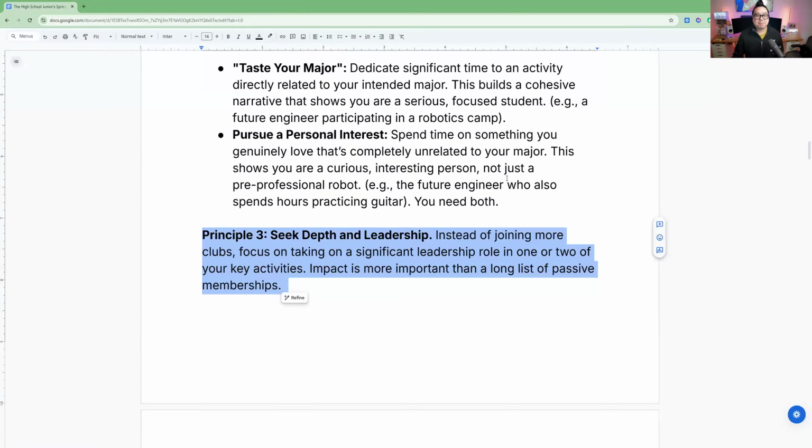Next thing, this is also a big time for leadership and growth as well, right? Right around the corner, people are going to be electing roles for next year. Again, the colleges will see what's going to happen next year, so you don't ignore senior year. They're going to see, hey, what roles of leadership did you get? What was your progression over the years as well? That's going to be something to make sure you guys focus on, is the depth and the leadership.